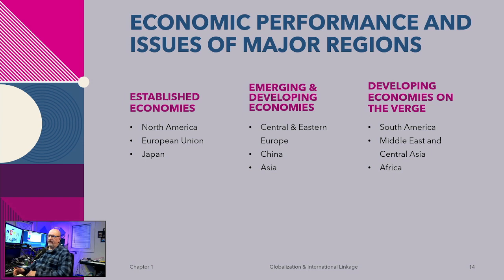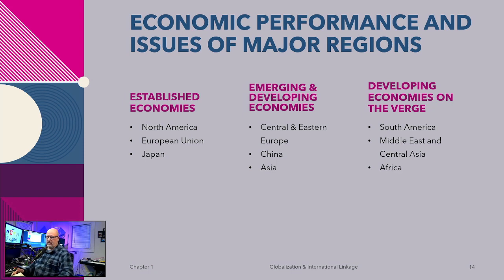These countries are underdeveloped, maybe. They also maybe have political corruptness that is holding them back. Established economies are kind of the big dogs. The developing economies are middle ground, and then you've got the emerging economies, those that are on the verge, who are like the small dogs, so to speak.